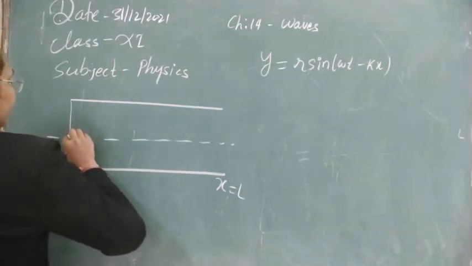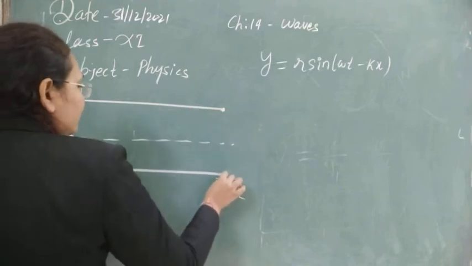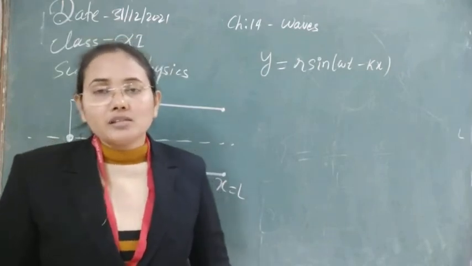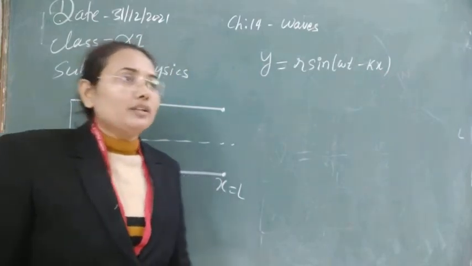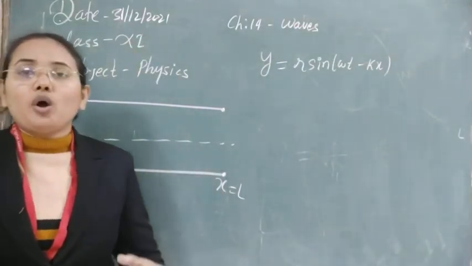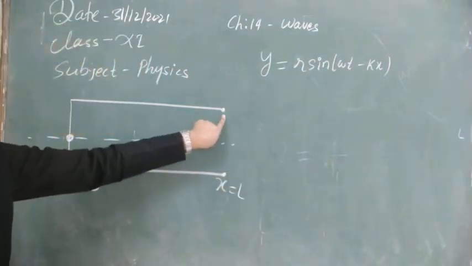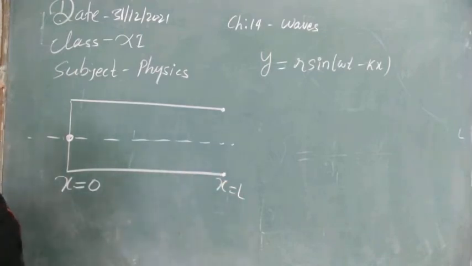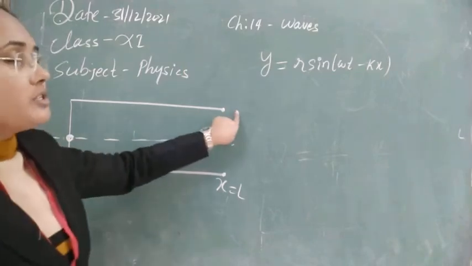Now when this wave starts to travel, it reaches an open end. At this end you can never get a node point or zero displacement point, because there is no boundary where we can get a node. For a node point you need a starting point or a boundary. So at this point the wave will always have an antinode, the maximum displacement point, but at this other point you will always have a zero displacement point. That is, this is the position of the node and this is the position of the antinode.